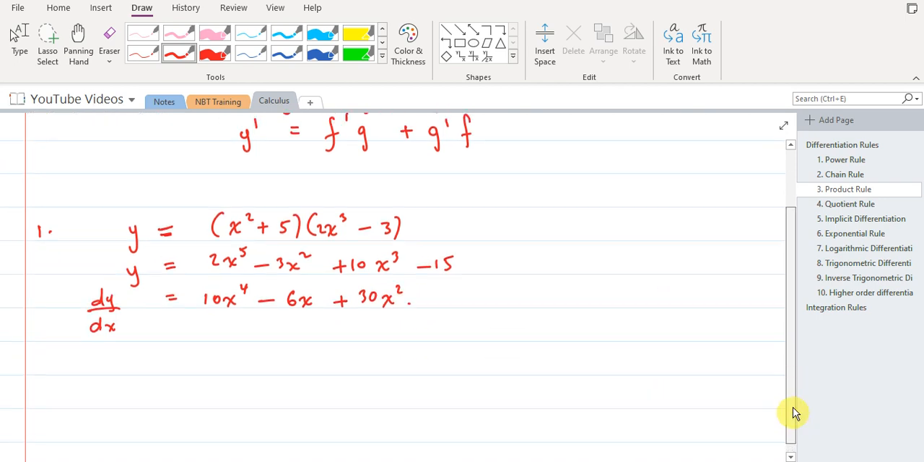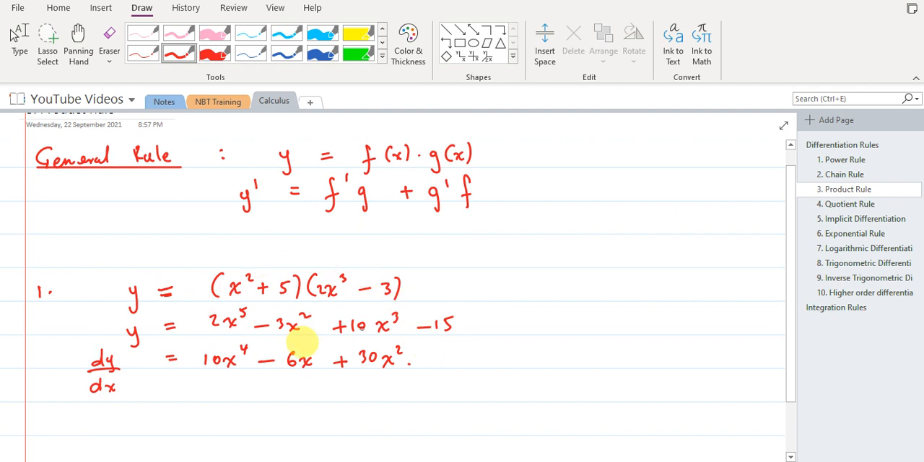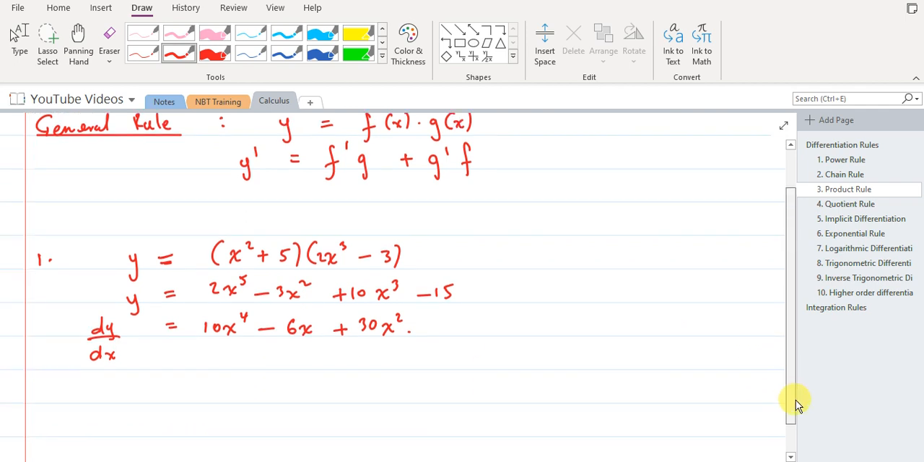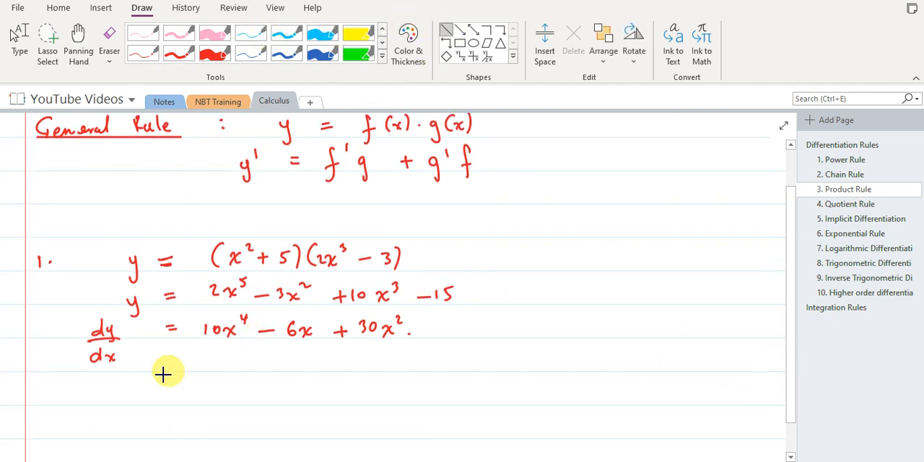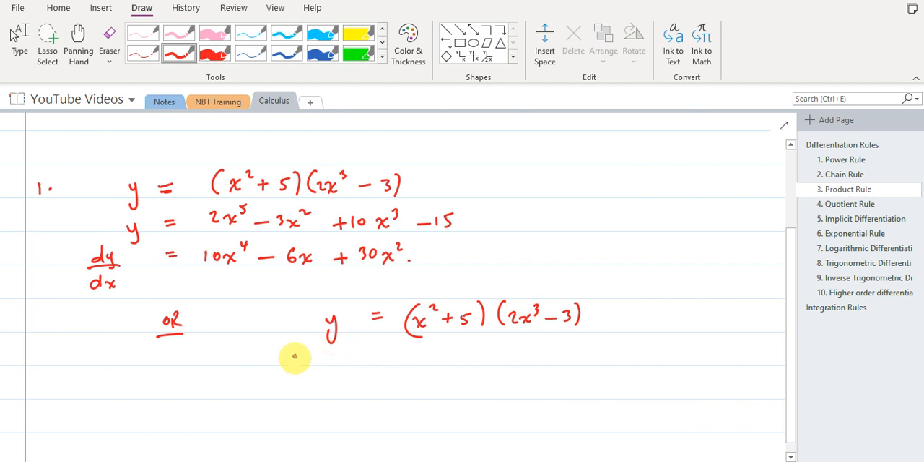Now, without opening these two functions up, we can just apply the product rule. It is better to apply the product rule here without actually opening this up. So this is where we apply the product rule. We say y is equal to x squared plus 5 into 2x cubed minus 3. I can just go and differentiate. So y prime is now equal to,